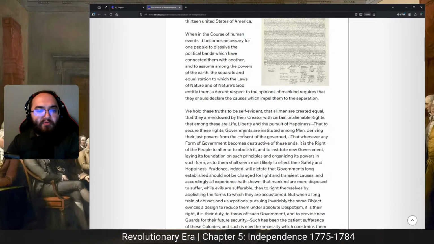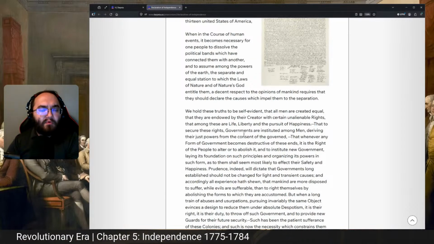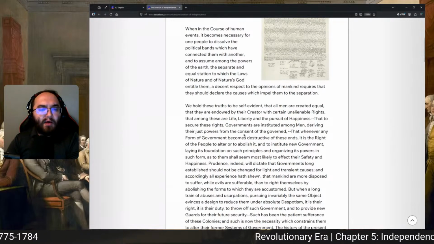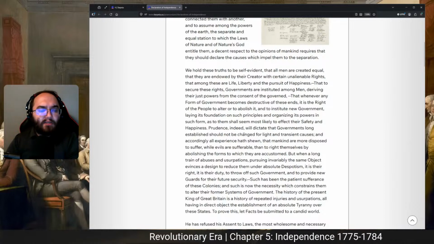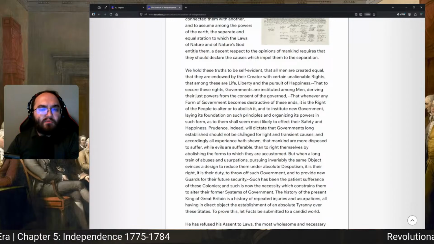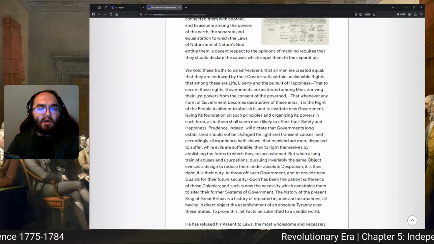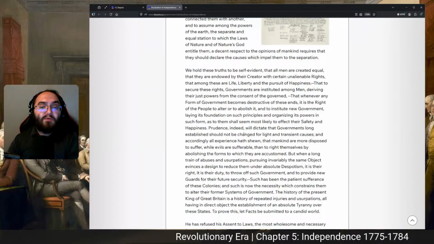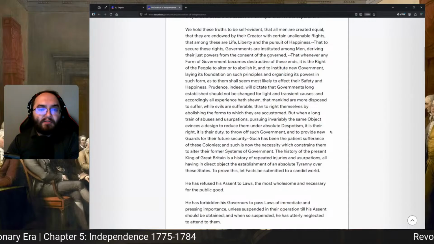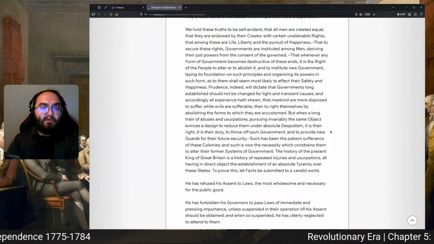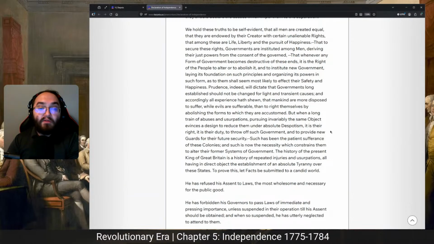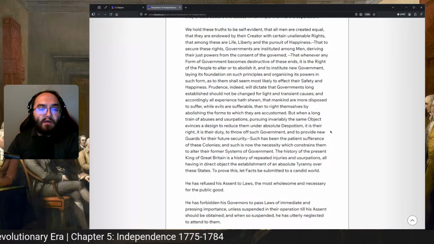When, in the course of human events, it becomes necessary for one people to dissolve the political bands which have connected them with another, and to assume among the powers of the earth the separate and equal station to which the laws of nature and of nature's God entitle them. A decent respect to the opinions of mankind requires that they should declare the causes which impel them to the separation. We hold these truths to be self-evident, that all men are created equal, that they are endowed by their Creator with certain unalienable rights, that among these are life, liberty, and the pursuit of happiness, that to secure these